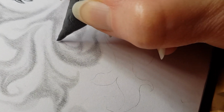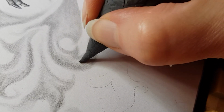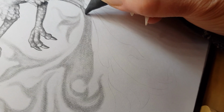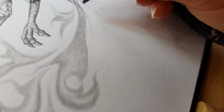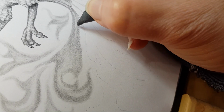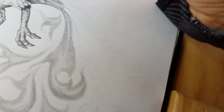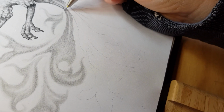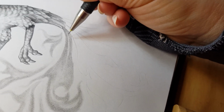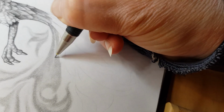Here I'm using an erasable rubber to rub back some of that pencil to provide a little bit more contrast, adding in the central vein of the feather, which then blurs out to become a flame. And with my pencil I'm defining the central vein of that feather towards the base of the feather and then softening it out as it becomes a flame,